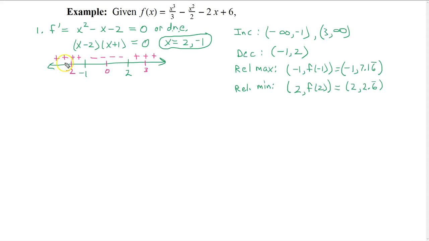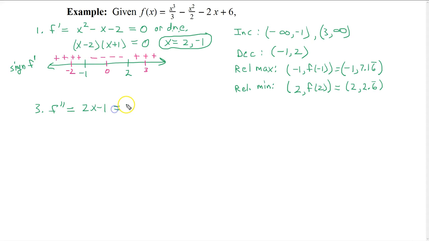So remember now, this was the sign of our first derivative. Now we're going to have to find the sign of our second derivative. So to find where our function is concave up and down, that was the third part of this problem. We did the second part over here, so the third part of our problem now. We want to find where this function is concave up and down, so we need to find where the second derivative is positive and negative, so we take the second derivative, and we're going to get,